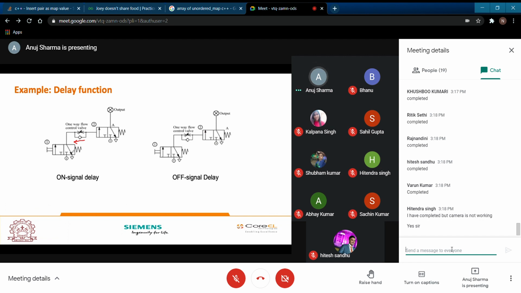This line is getting exhausted, but when you switch on the supply, this is going to come at this particular position, and the flow is going to flow in this particular direction, and it will flow in this direction, and this is going to switch on the supply, and you are going to get your output instantaneously.